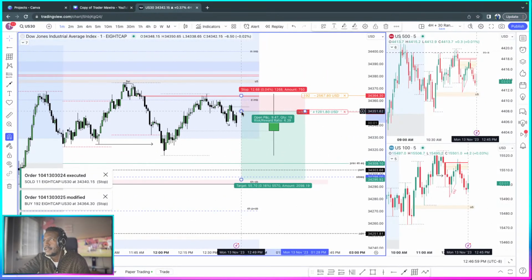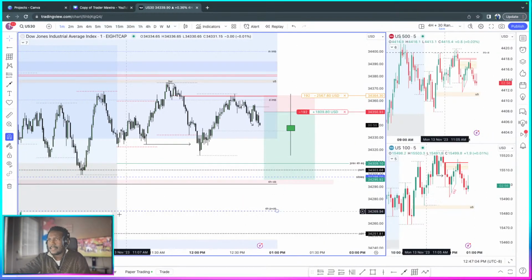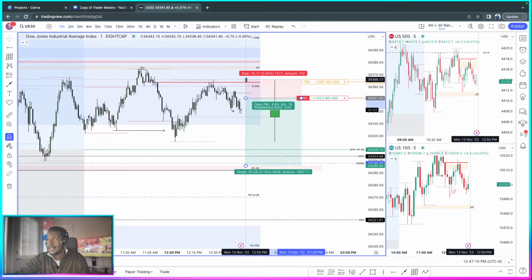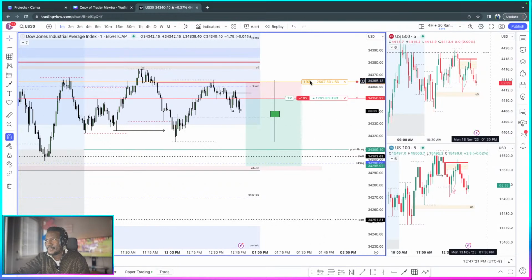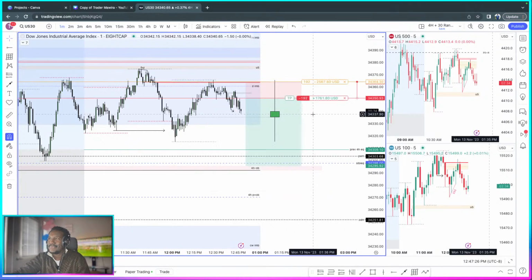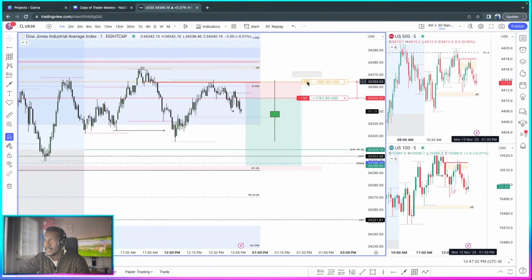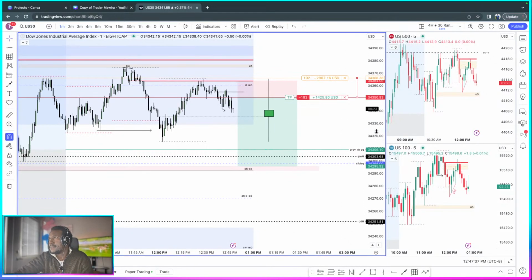Beautiful. Okay, so my entry is now like that. So if we do get, yep, I like this. Let's go. If we do get here, we're now looking at, oh, my stop should be above the high. Now that is not good. Let me just, yeah, my stop should be above the high. So let me adjust that. Oh, no. We're risking 1.01%. But anyway, my stop should be above the high. So we're risking just a little bit over 1%, which is okay.